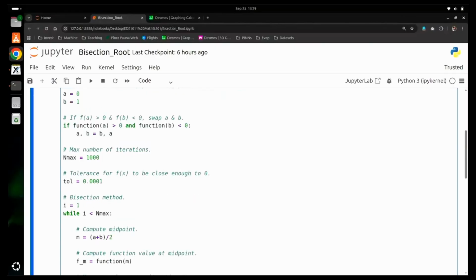I declare the maximum number of iterations as 1000. You can put in any number. Then this is the tolerance for f to be close enough to 0. This means because you can keep on doing the iteration forever, as long as f is close enough to 0, because we are trying to solve f equals 0,